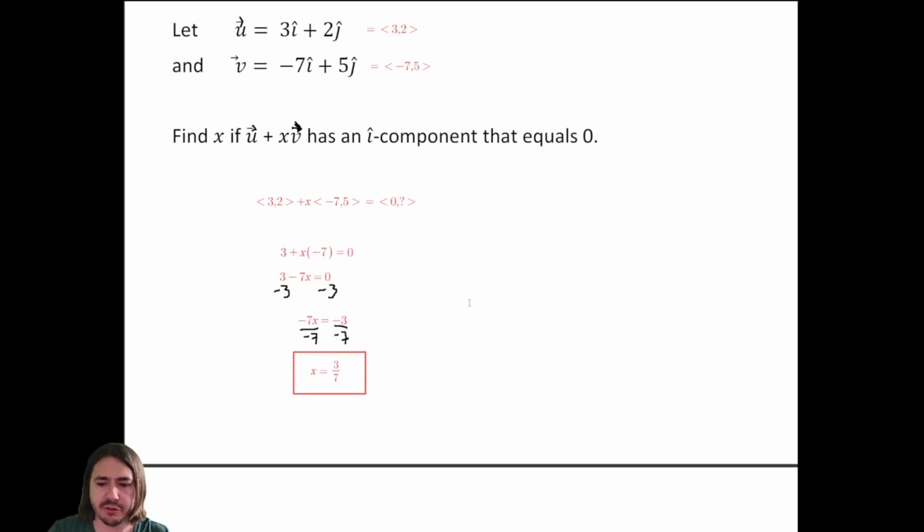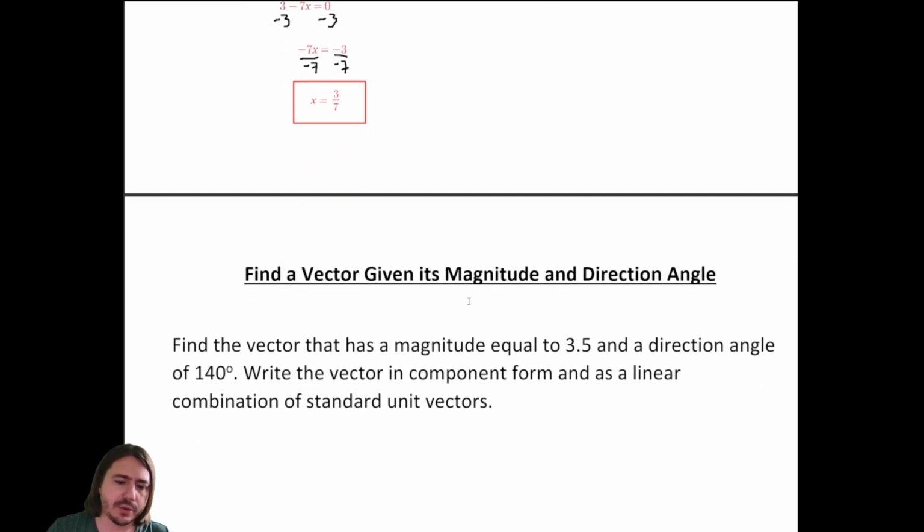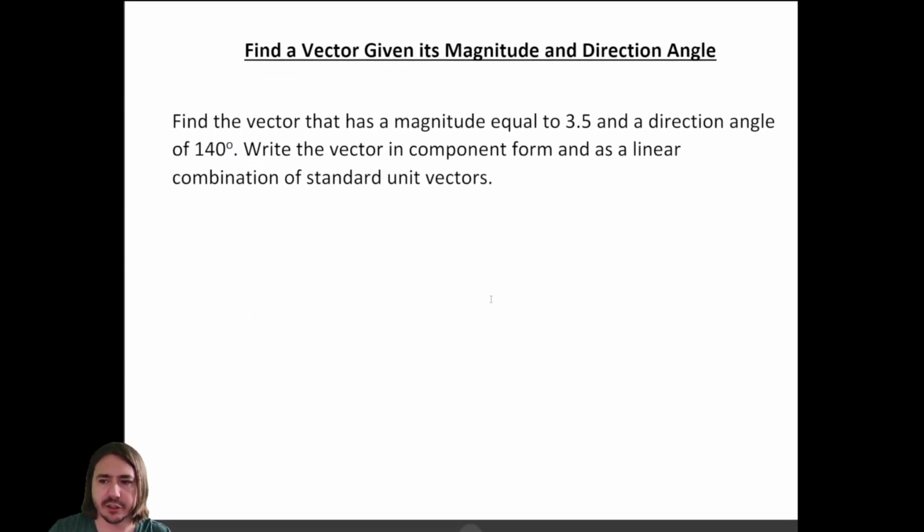So I think that's pretty much it for that. The last thing we're going to do is talk about how to find a vector if I give you the magnitude and the direction angle. It says find a vector that has a magnitude equal to 3.5 and a direction angle of 140. Write the vector in component form and as a linear combination of standard unit vectors. So it's asking us to figure out what the vector is and then write it in both